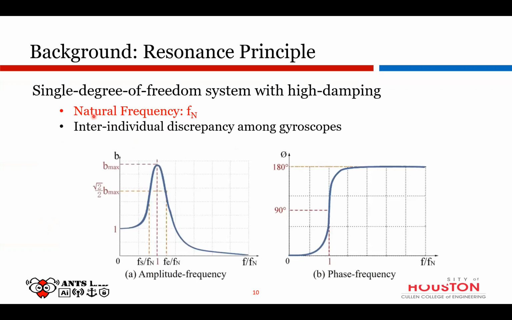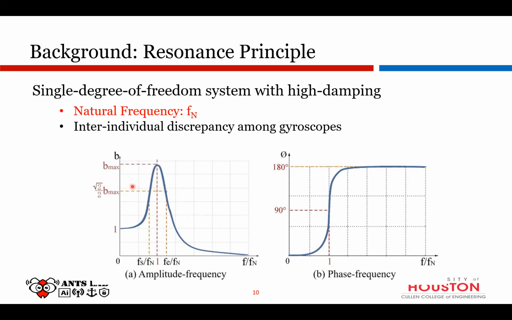And let's shed some light on the spring system. This mechanical system has a natural frequency centered here, denoted as Fn. When the system is vibrating at this natural frequency, it will give us the biggest magnitude response. We call it resonance. If we look at the first figure, we'll see that it gives us the biggest response at the natural frequency.